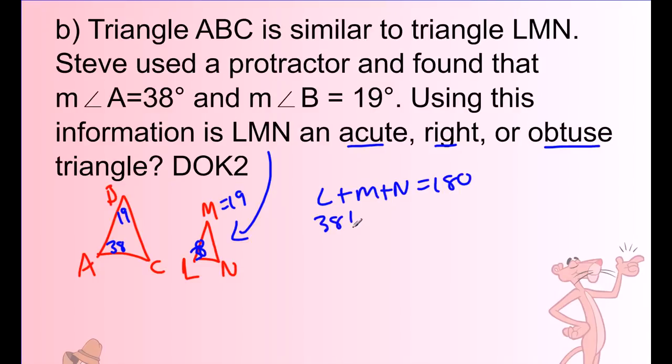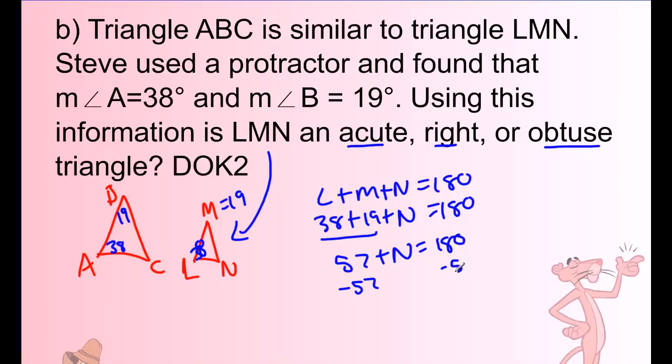So 38 plus 19 plus this angle N, this missing thing I don't know, would equal 180. And with some simple solving equations, I'm going to add those together. 38 plus 19 is 57, so 57 plus N equals 180. Subtract 57 on both sides, and N equals,